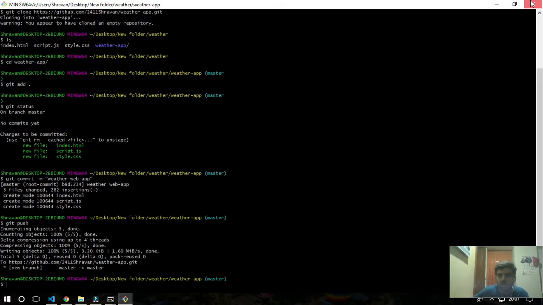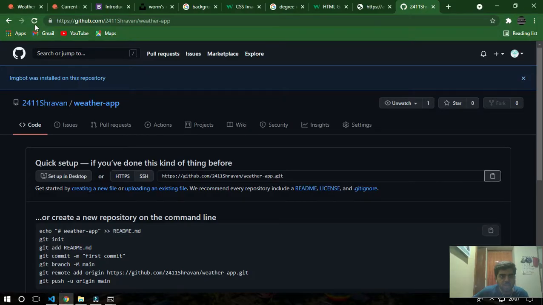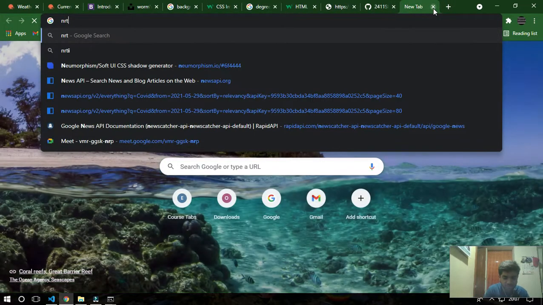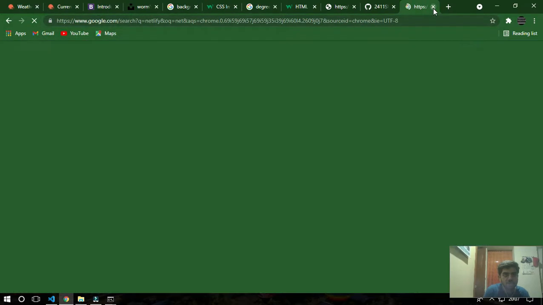Then just go to your repository and refresh it. Okay, you've got 3 files in the repository. Just open an account in Netlify and follow the steps.